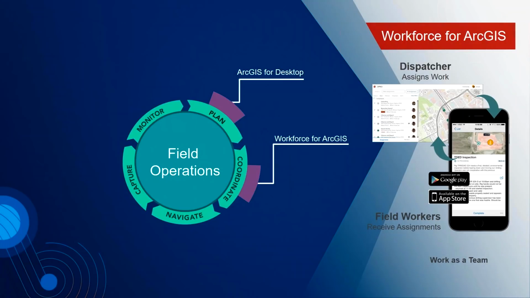Well, what you do is you import the locations of your nursing homes in a layer into Workforce, and you can either do batch assignments by selecting multiple, or you can assign individual locations just out of that layer that allows you to send the work assignment to an individual worker. So anybody running the app on the phone, you could pick from the drop-down list and assign the work. It can then route them there. And if you have a Survey123 survey available, it'll open up Survey123 and you fill out the survey. When they arrive, they hit starting work, and it actually shows on that Workforce dashboard when they arrive and when they start the work.